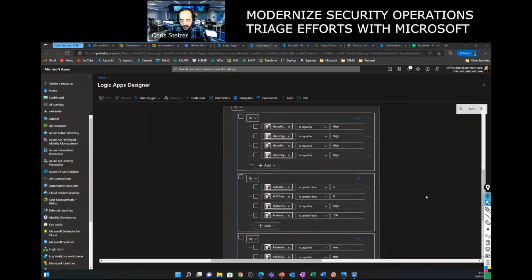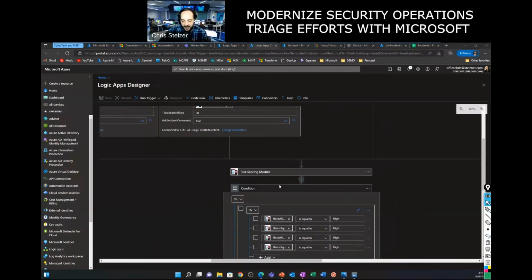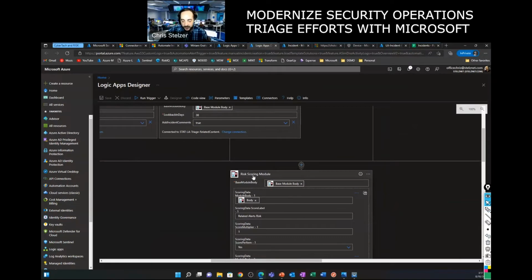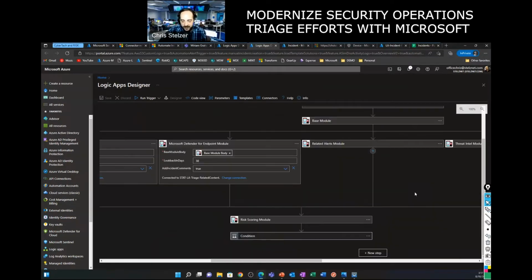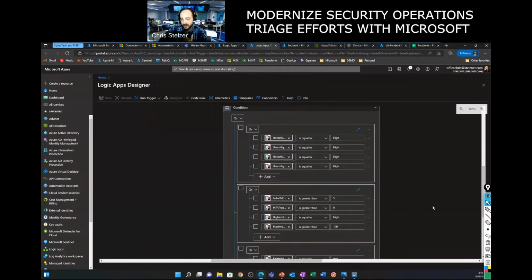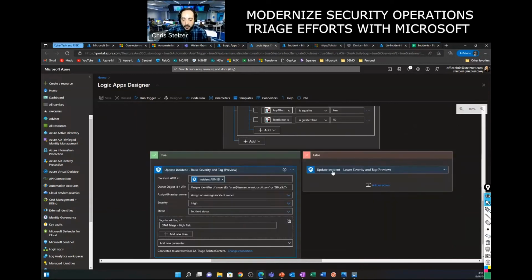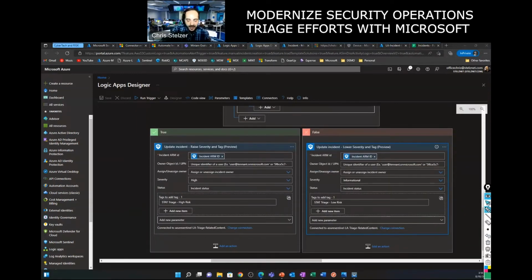So STAT gathers all of this information, and it actually has a new module that calculates an overall risk score based on the data that it collects. And based on all the information that's been collected, you can decide whether you should elevate the severity of the incident or maybe decrease it. So all your incidents come in, the triage work runs, gathers all the data that we need, and then scales the severity up and down based on the evidence that was gathered. So your analyst can focus on the critical pieces of information that matter most.